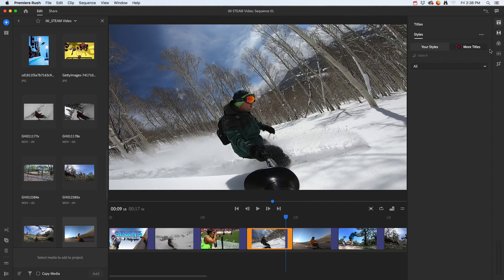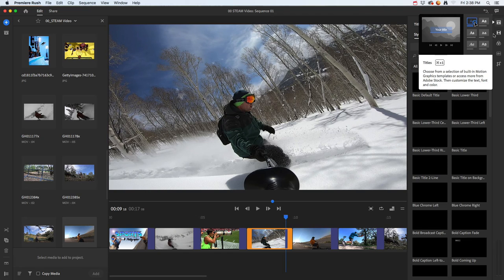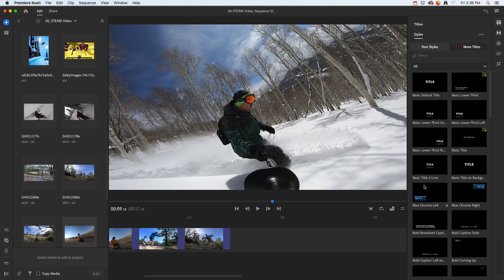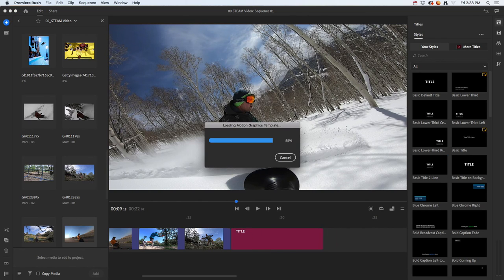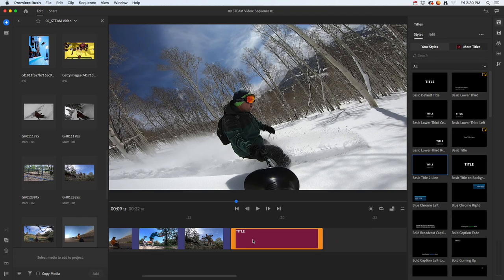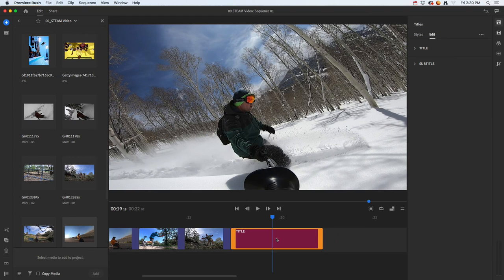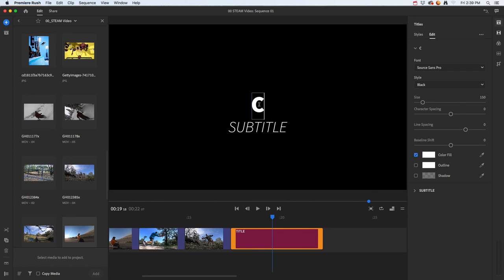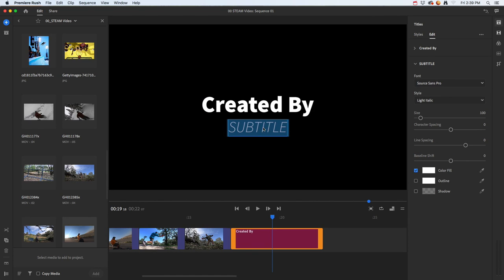So I'm going to go ahead and choose that, and usually it gives you a bunch of different options. I'm just going to pick a simple one, so maybe I'll click on this one, and then you just click and drag and drop it to where you want to go, or drop it on top of an image. And then once you do that, you can go ahead and type out what you actually want it to say. So I'll click on that, and then usually you can come up here, and I'll just put created by, and then put whoever it was created by,